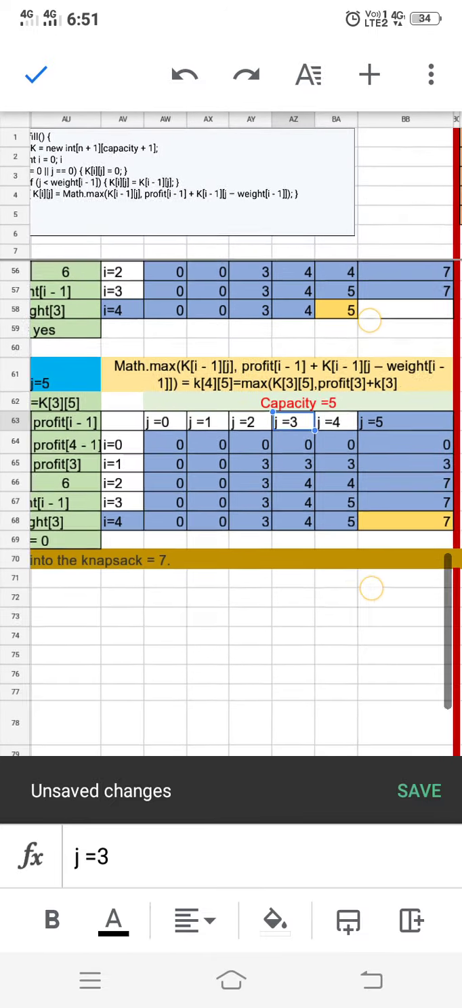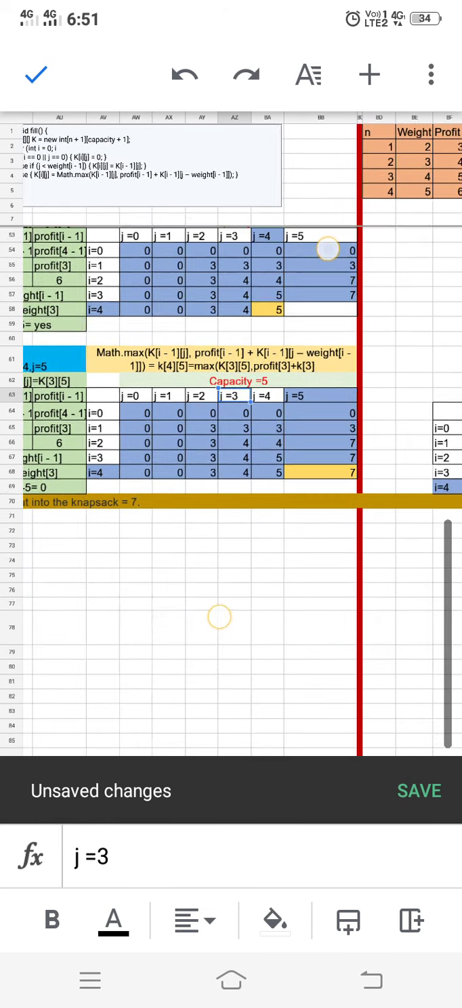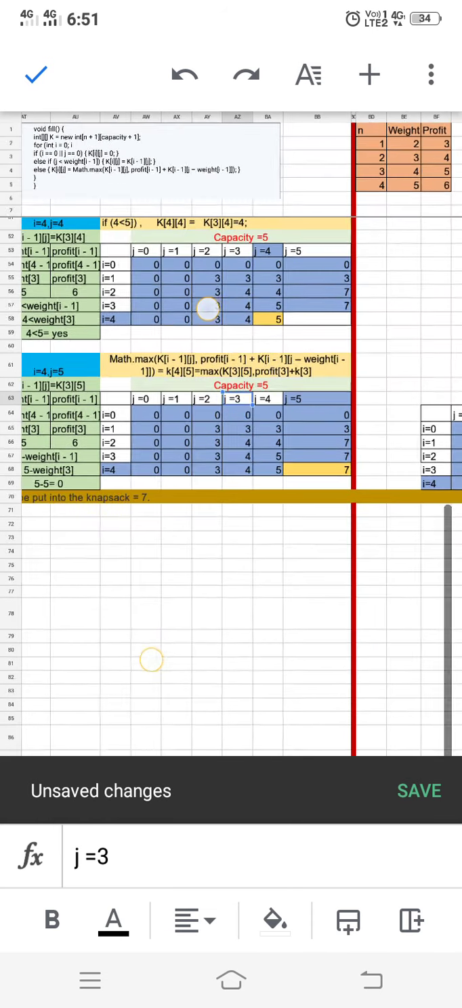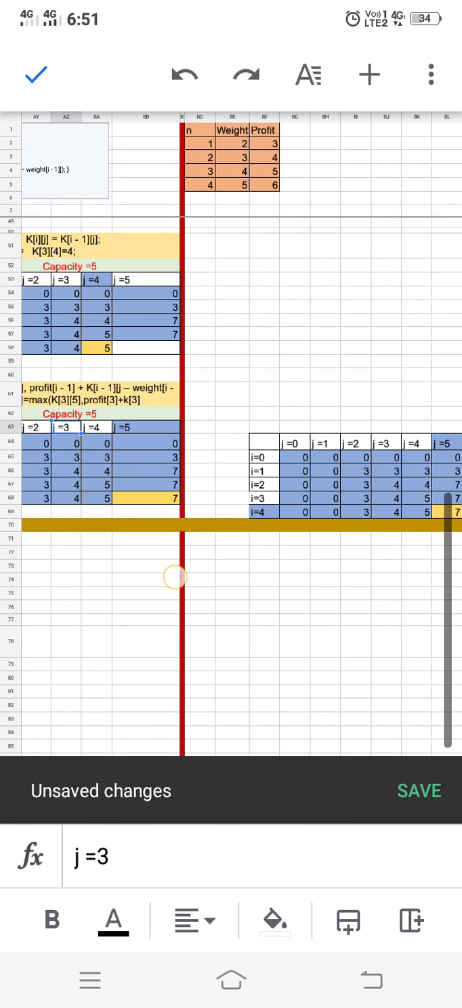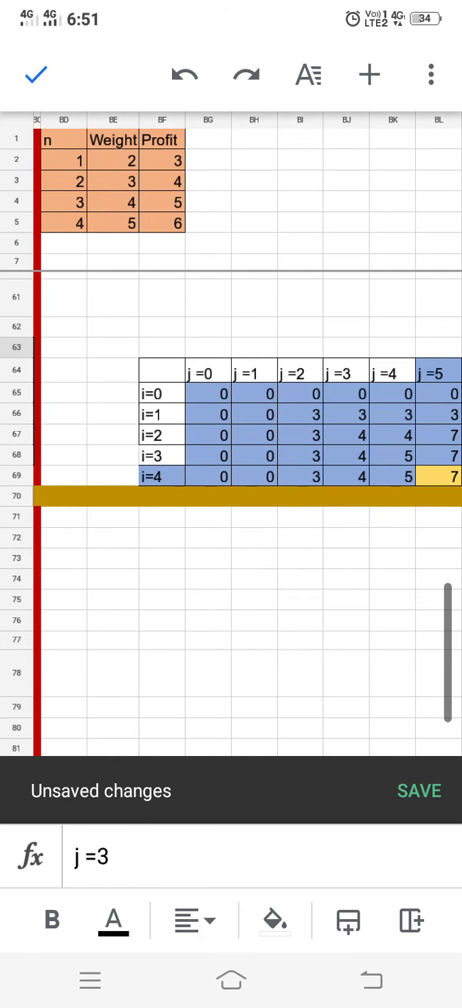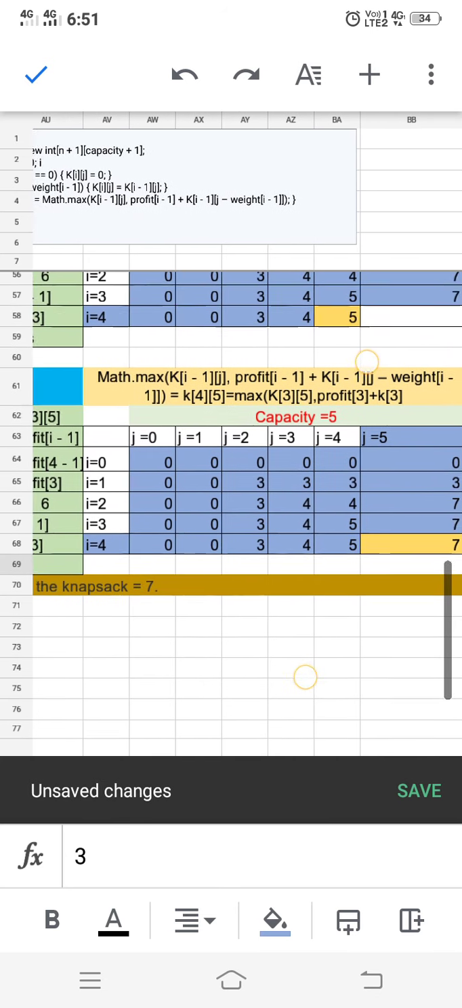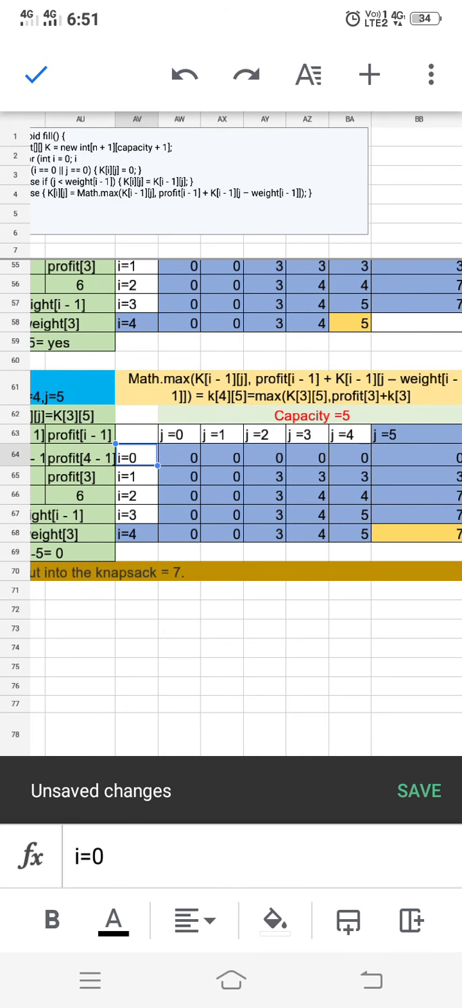So we have filled up the table using the recurrence formula. To summarize the whole process, how the profit will be updated in the table: if I want to fill up the values directly into the table with the easy method, for i is equal to 0 and j is equal to 0, all this first column and the first row